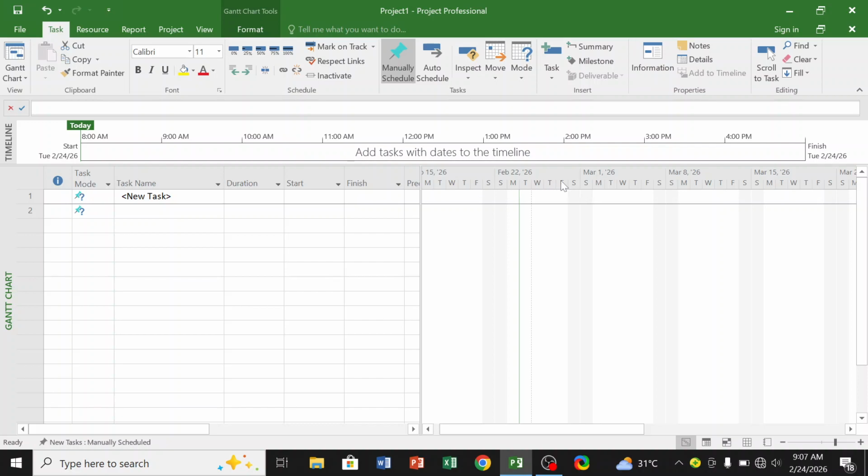And what are the days of the week? That is Monday, Tuesday, Wednesday, Thursday, Friday, Saturday, Sunday. Now, if you notice, the S S are grayed. With these S S being grayed, it simply means that at this current juncture, Microsoft Project considers Saturdays and Sundays